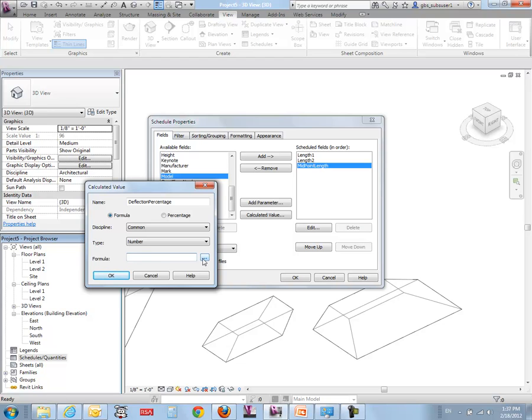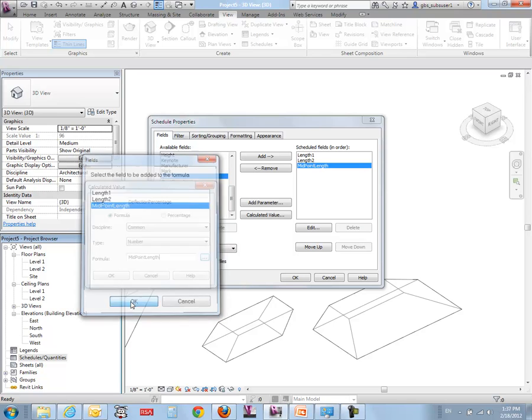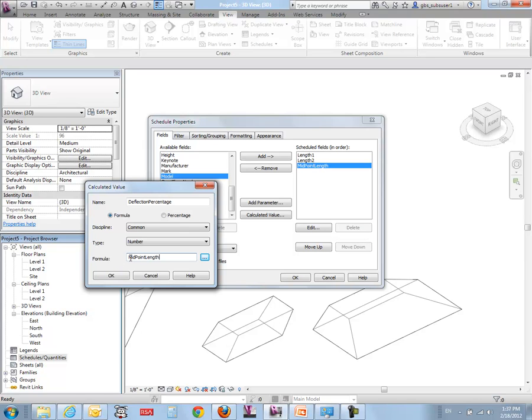So we say, I want my midpoint length, or you can actually just type this in. This just saves you from fat finger key mistakes and putting in the wrong value. By the way, this is case sensitive. If you do type this stuff in, you have to make sure that all your cases are correct. So we can take midpoint length and we can divide it by,